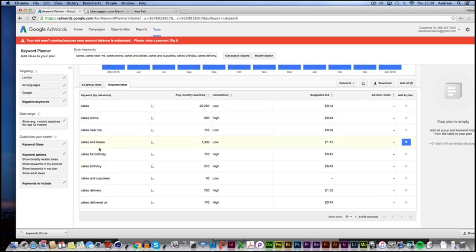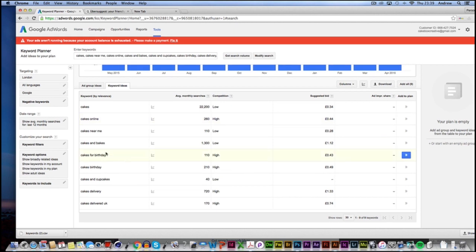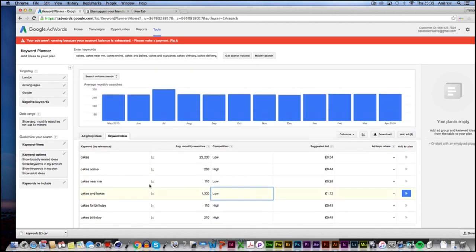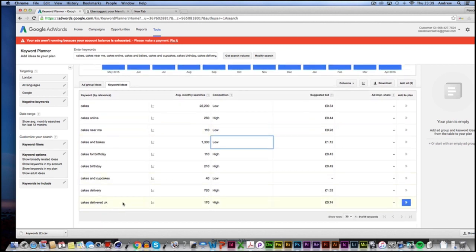So you can see here, let's just pick a random keyword. Cakes for birthday, that's quite high competition. So, it's quite difficult to rank for that organically. Lots of competition. But a better one might be cakes and bakes, 1,300, low competition. But yeah, this is a really good free method of finding out what keywords to use for your paid search campaigns. And also when you're writing your blogs, when you write for your website,